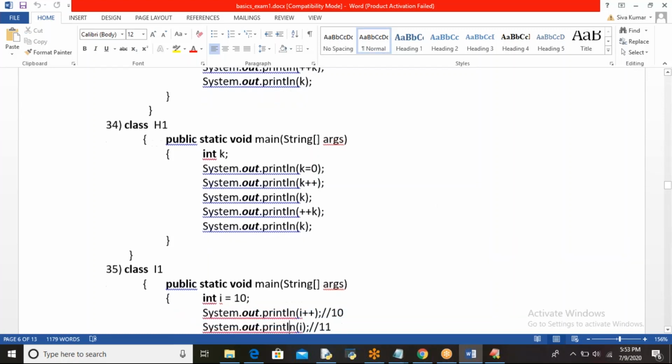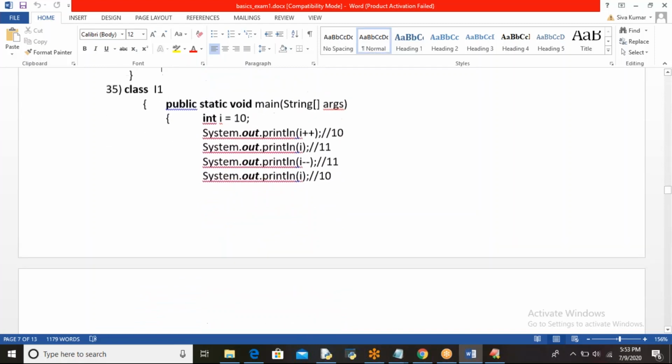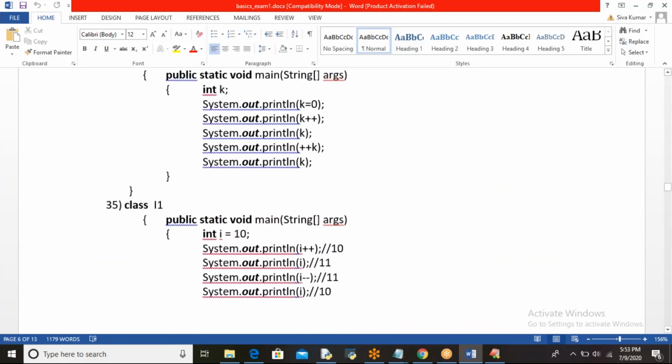Second line is 2, right? No, 1. No, 0. Postfix. Okay. Because this is a postfix operator, first K value 0 is printed here. Internally it became 1.